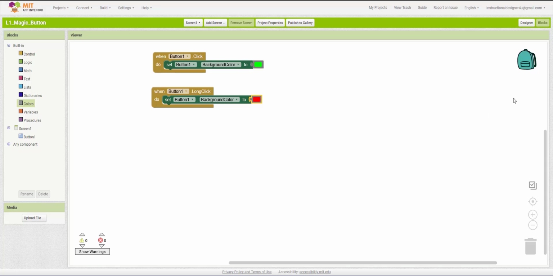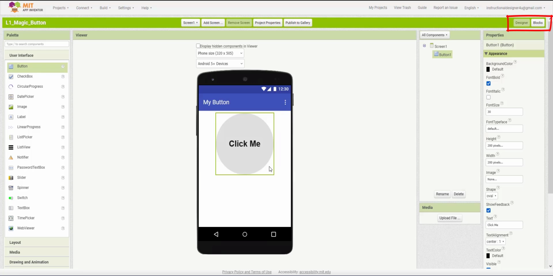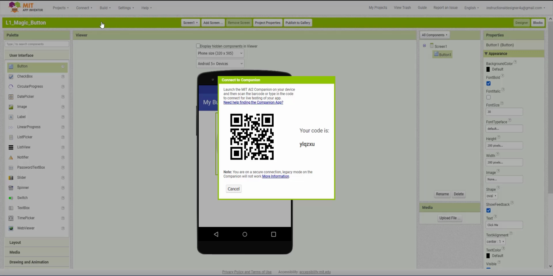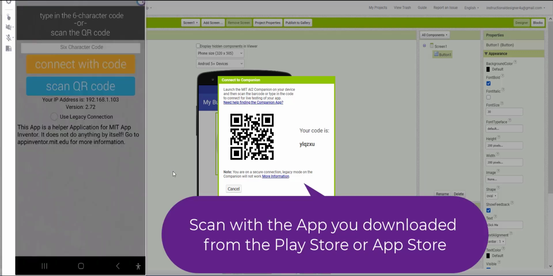Okay, now we go back to designer, and when we click on the button, nothing happens. Damn it! That's because this platform is only used to build the app, not to run it. To run the app, you have to go to Connect and click on AI Companion. When you do that, it will give you this QR code that you scan with your app. So on your phone, you will see this. You click on scan QR code,